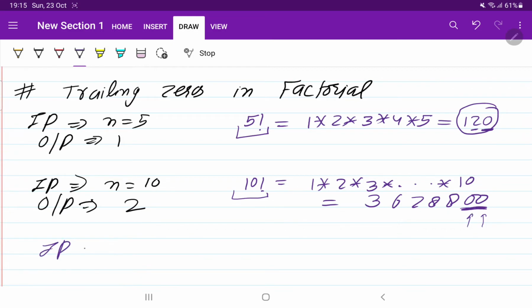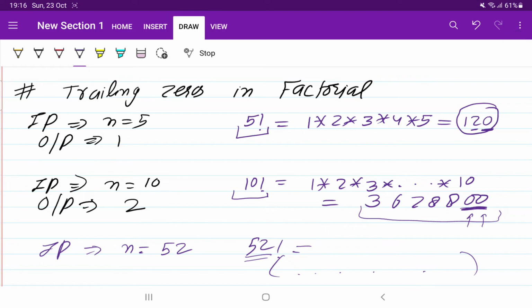Suppose instead of n equal to 10, someone gave you n equal to 52. First of all, finding 52 factorial is a very big task. You are going to get a very long number, maybe 20 or 25 digits. Even the computer will say, what are you doing, this is a very long number. There is a capacity of the computer, just like there is a capacity of a calculator. For a particular integer there is a limit. The computer can't calculate this, so this process is going to fail.